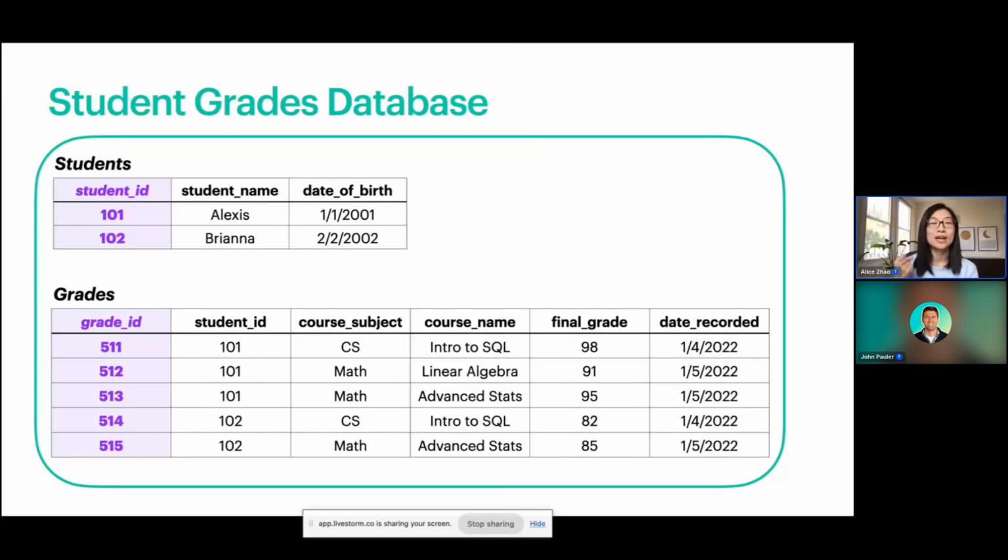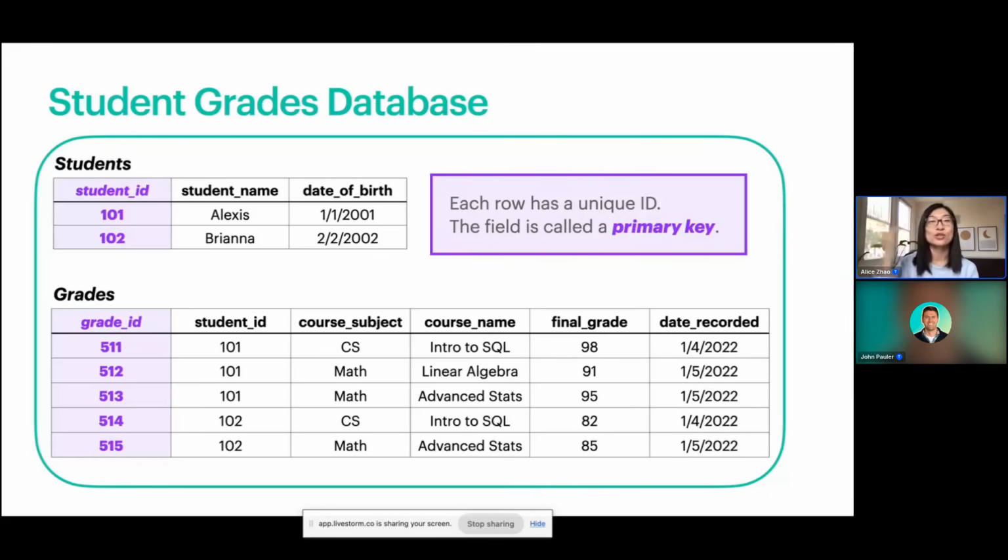that that first column has an ID in it. And this is really common when you're talking about SQL. So this column with the ID, this ensures that every row has a unique identifier or a unique ID. And the technical term for this column is called a primary key. So that's just to say, this is the unique ID for this table, and it makes sure to uniquely identify each row. So that's the primary key. That's a term you'll hear a lot.